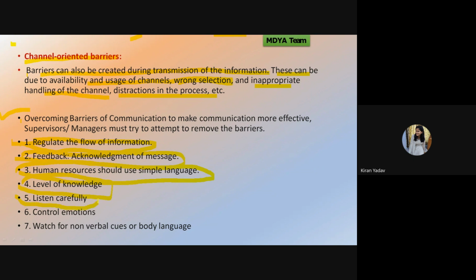Next is listen carefully. So we should do active listening and control emotions. If someone is criticizing you and you are having a defensive attitude towards it, then